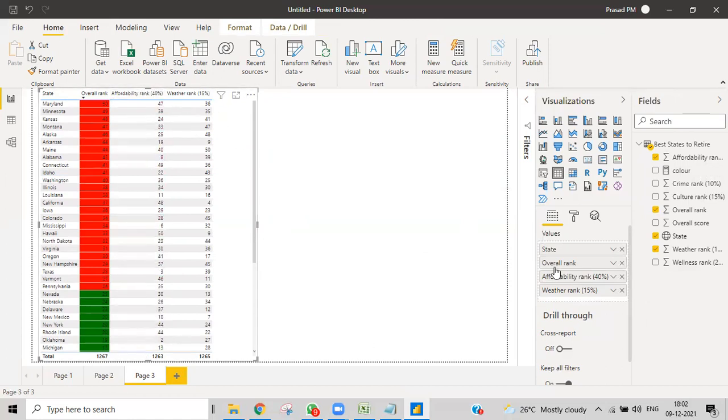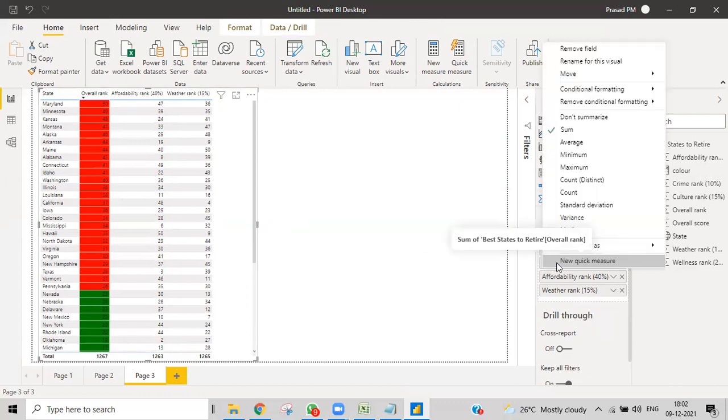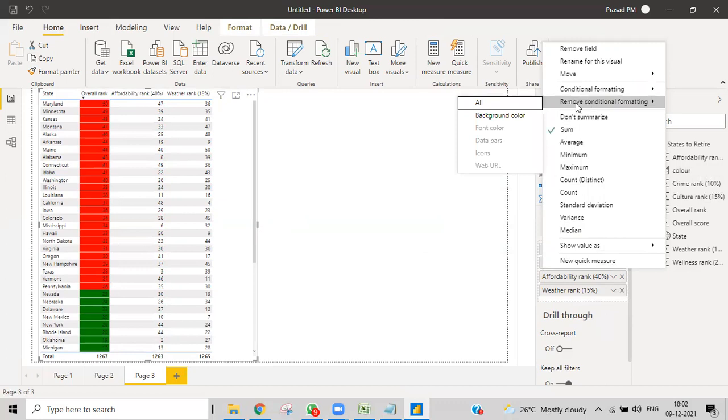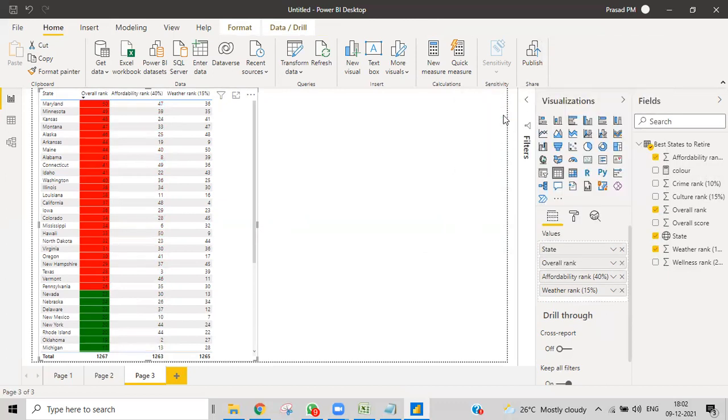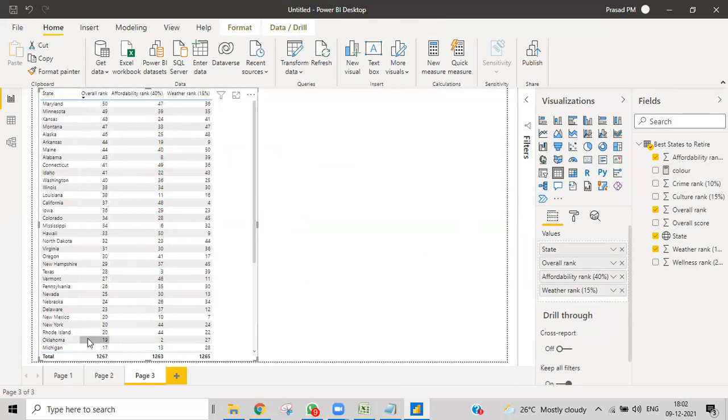I do have overall ranking also. I do have some formatting. So I'll go here and I can see the background color I've been given. So I can click this one also and the background color which we gave will be removed. That's another option to remove this particular formatting. So formatting things also can be removed from here. Whatever formatting was given, those can be removed from this right click option.